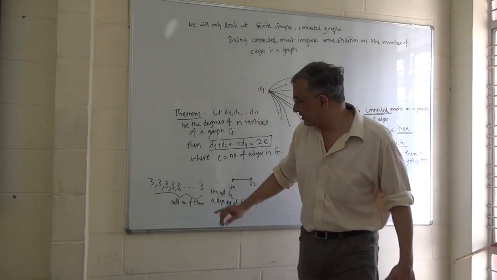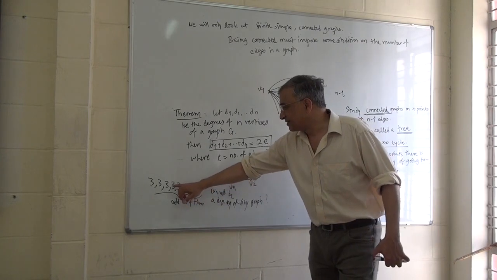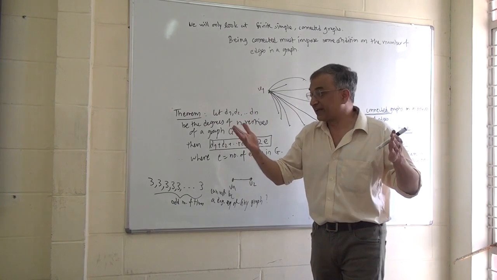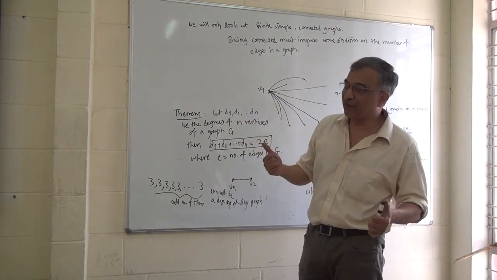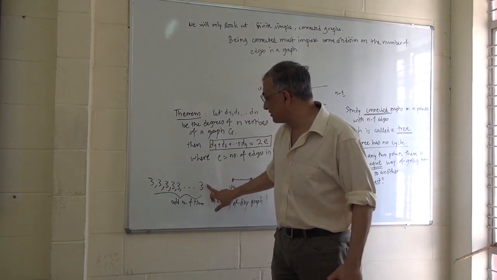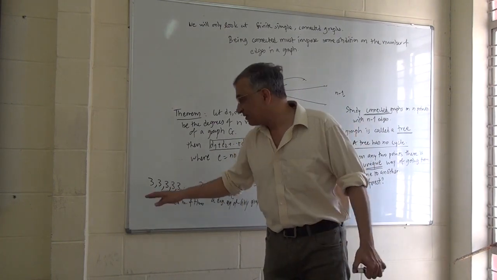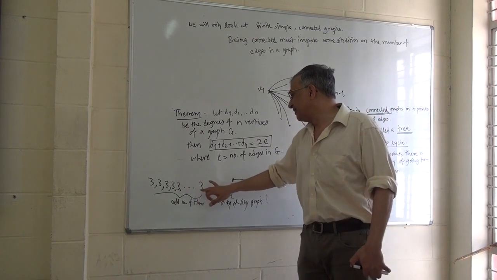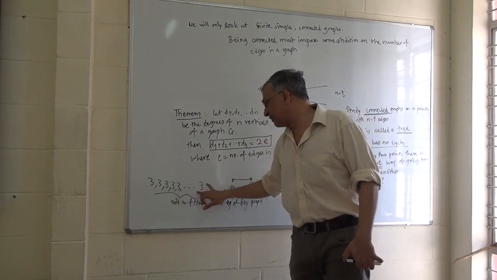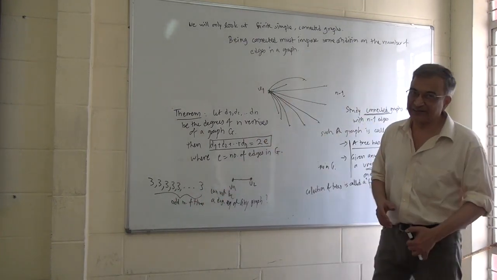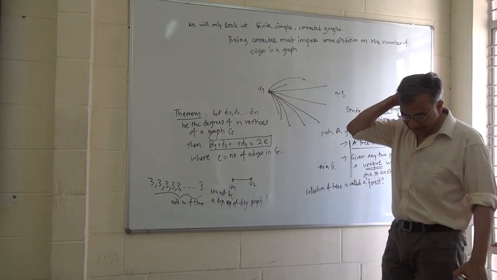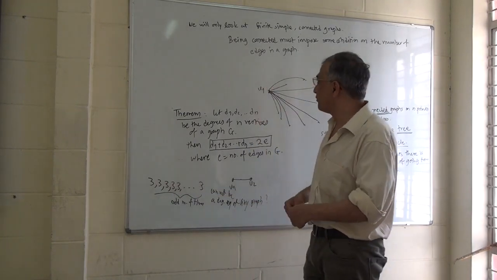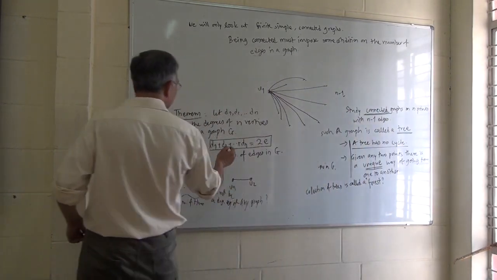So if you want to prove that certain degree sequences, certain sequences of integers, cannot occur as a graph of G, what we have done is that suppose they occur as a graph of G, then the sum of the degree sequence must be even, and therefore the number of odd degrees has to be even. In fact, something better than that we can say. Why just 3, 3, 3, 3? We can say the following statement using this theorem.